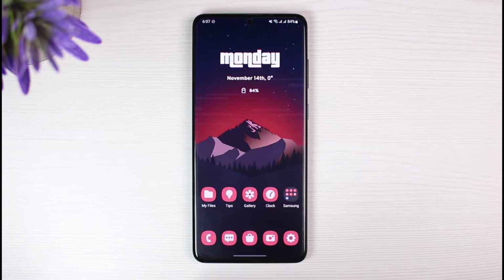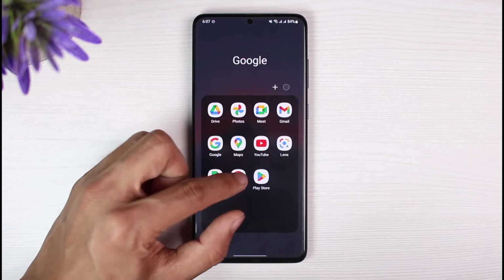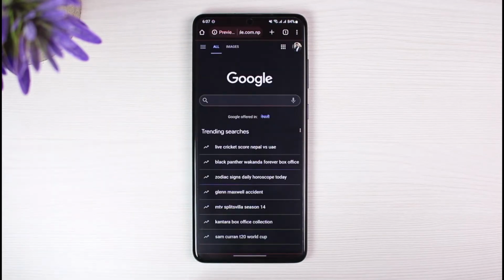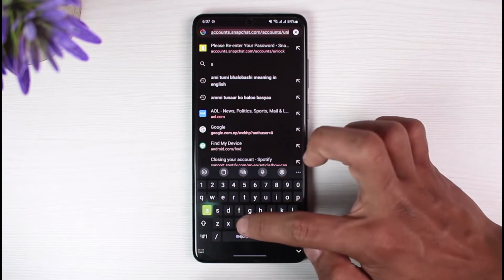Once you've done that, instead of opening the Snapchat app, because our account is of course locked, we will go ahead and launch the Google Chrome browser or any browser which you wish. You can also do this process from your PC if you want to. And in the search box, you just need to go to